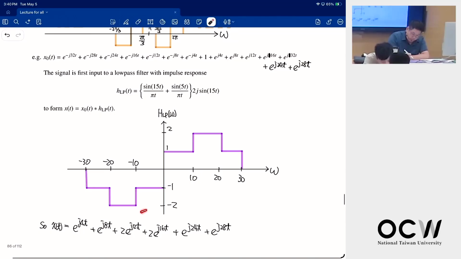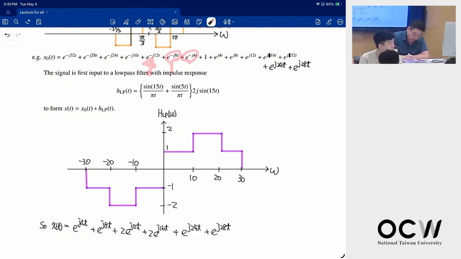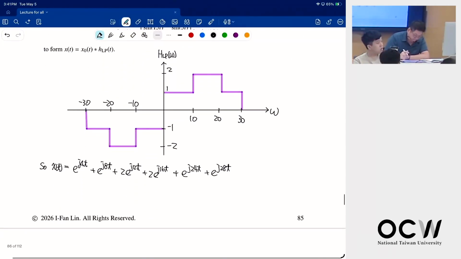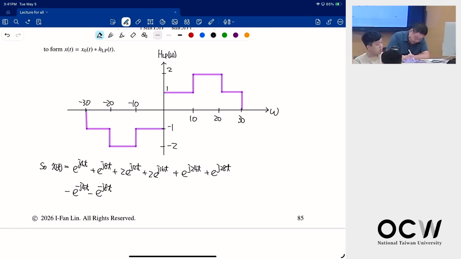And then we have minus. So minus, minus, this will double, and to here. So minus e to the minus j40, minus e to the minus j80, minus 2 e to the minus j12 and minus 2